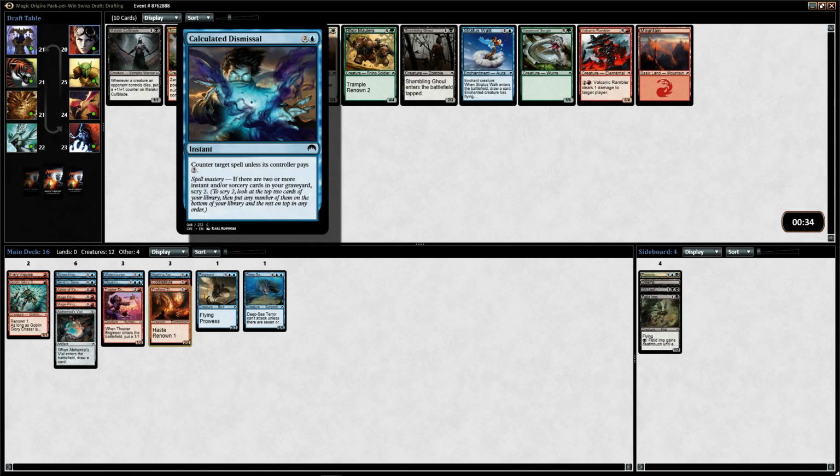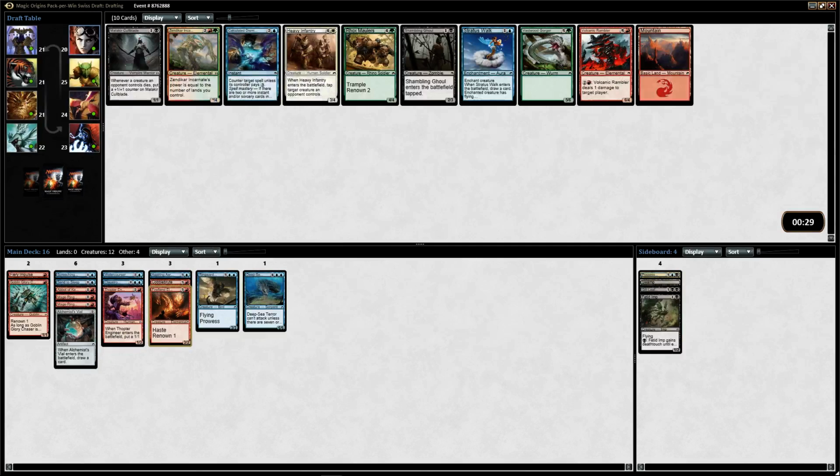Calculated Dismissal. Counter target spell unless the controller pays 3. And then you can scry 2 if you've got Spell Mastery. Stratus Walk is like a no-no. Like, that is just not happening. So, between the Volcanic Rambler and the Calculated Dismissal...